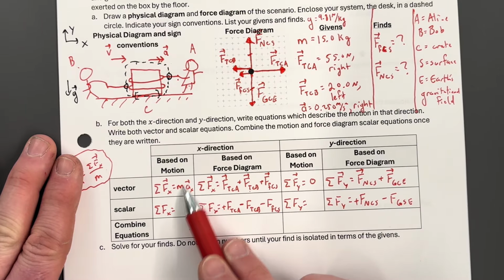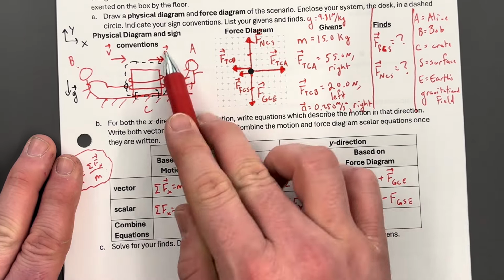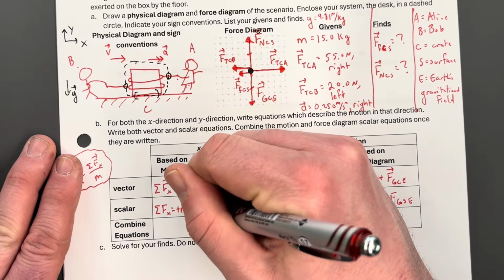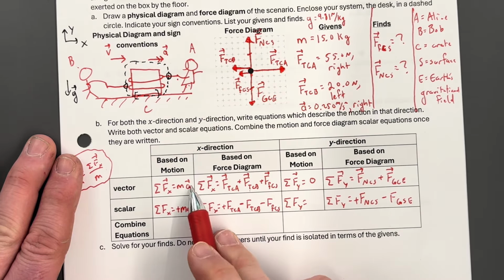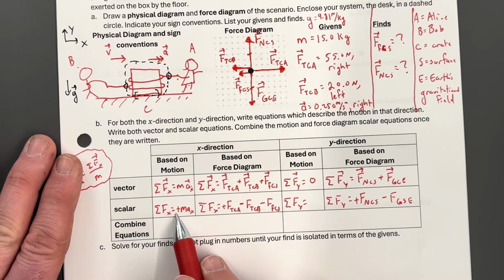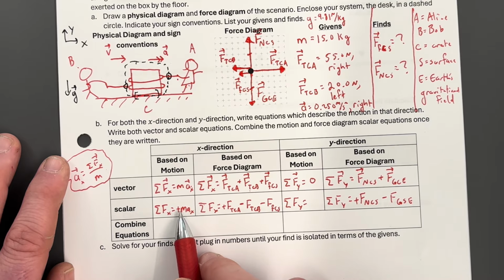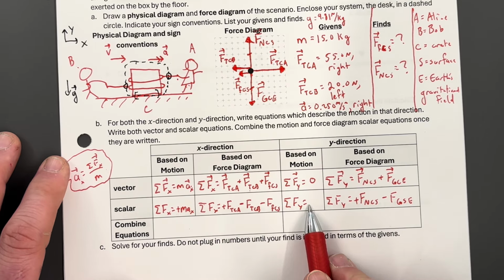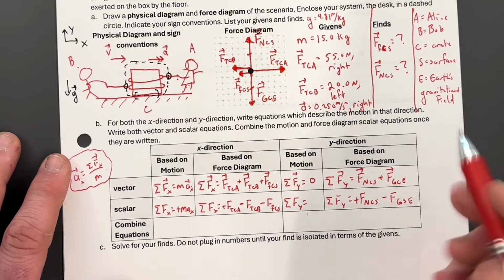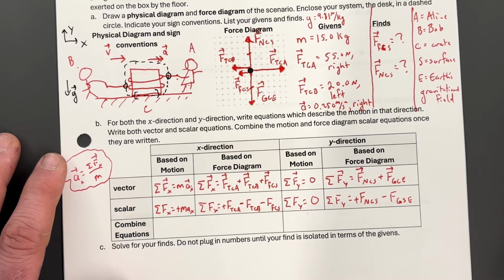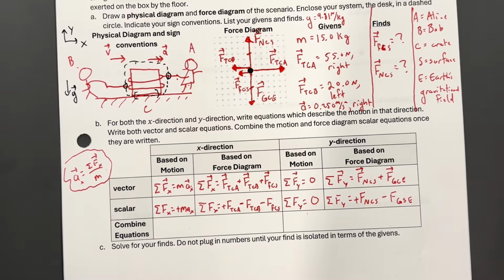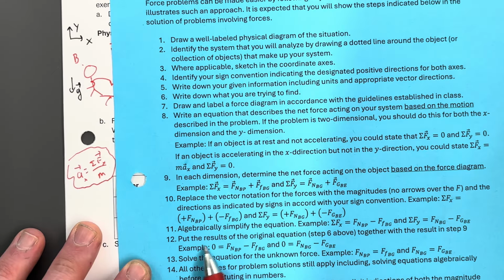Acceleration is a vector, so MA will have a direction. It's to the right, so this is a positive MA. But you have to worry about the acceleration too. That should be a minus if the acceleration points opposite your positive direction. And then here, based on the motion, 0, positive, negative, 0, doesn't matter. Great. Next step is step 12 in this, which says put the results of the original equation together with the